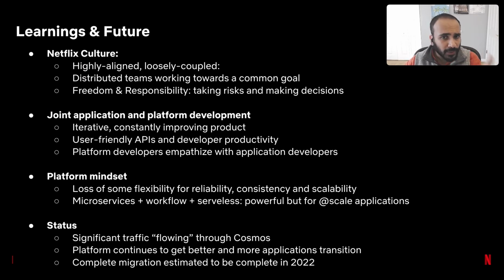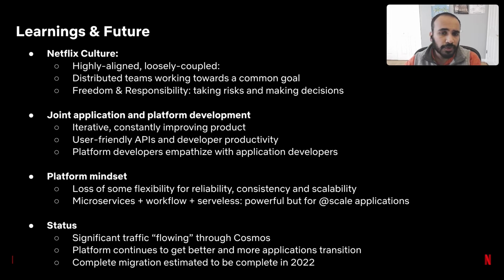So that was a very quick whirlwind tour of the media processing at Netflix, where we covered its history and evolution, and then we quickly described our new microservice-like architecture, Cosmos, that we hope will last for the next decade of the Netflix business. Now, a quick look at some of the learnings. A project at the scale of Cosmos could bear fruit owing to our culture, which famously relies on personal judgment rather than top-down control. Software developers have both freedom and responsibility to take risks and make decisions. None of us have the title of software architect, but all of us play that role.